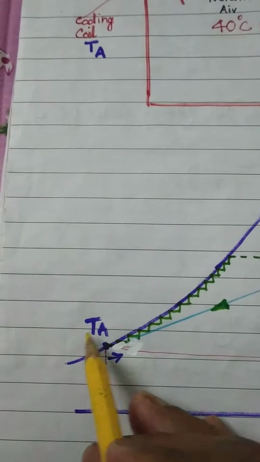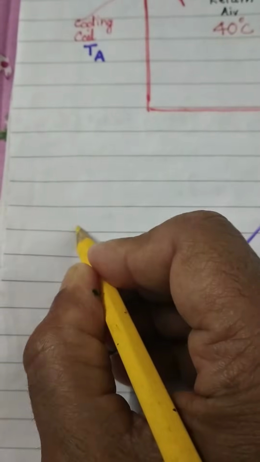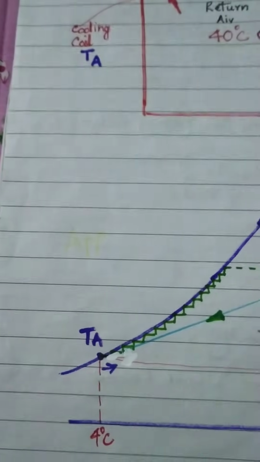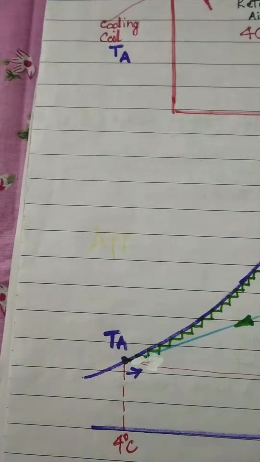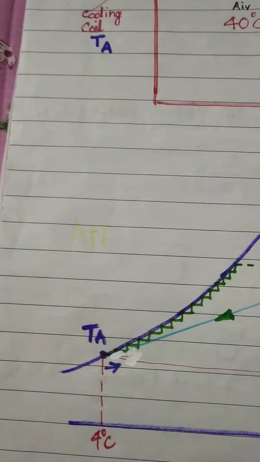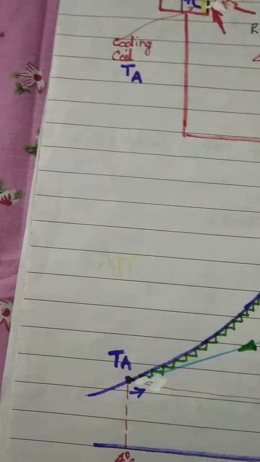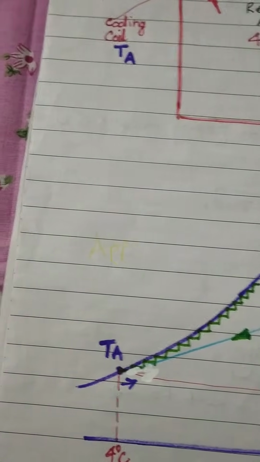So what is a cooling coil? Cooling coil is an apparatus, and therefore this apparatus is going to do something which I am going to explain. So what will happen is that with this apparatus,